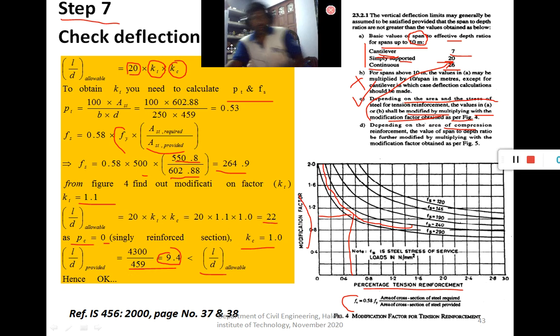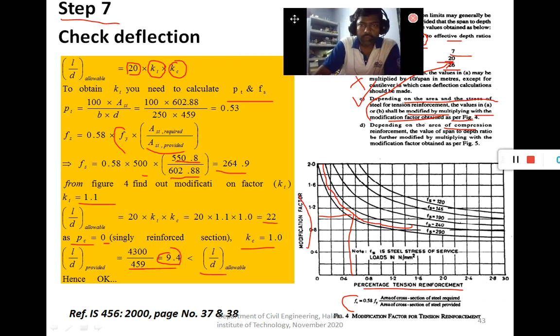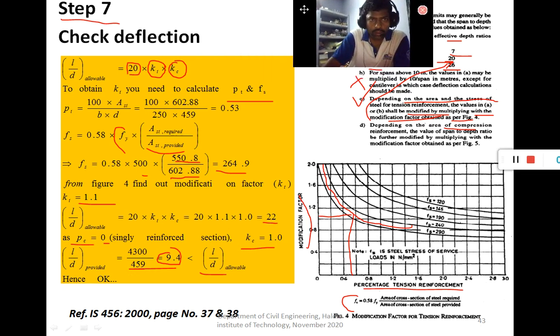This is an important step that you have to check. Whatever sections we have used for design, you have to check whether they fulfill strength and deflection.